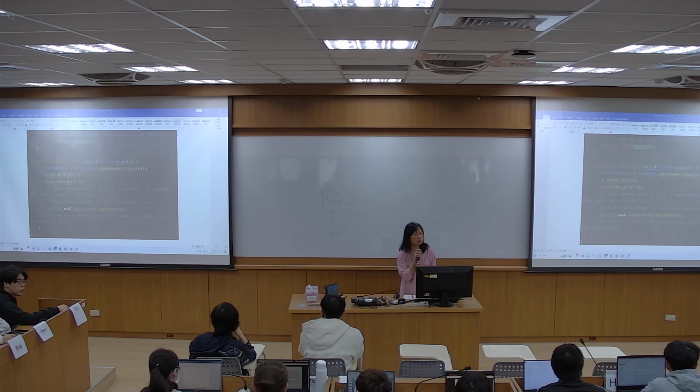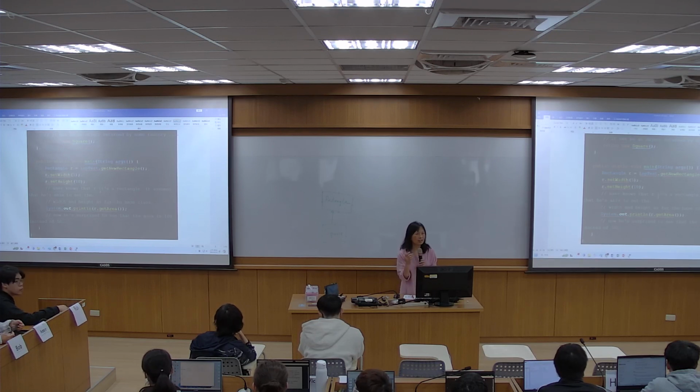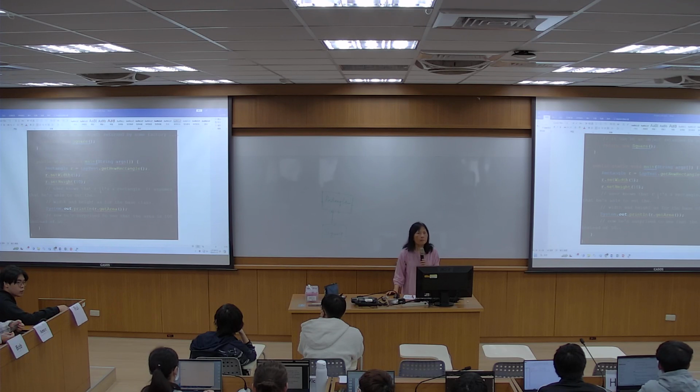I don't understand this part. I think saying one is rectangle and one is square is wrong. Sorry, I said it wrong. It's because the set height is 10, so the square will be 10 times 10, and becomes 100.